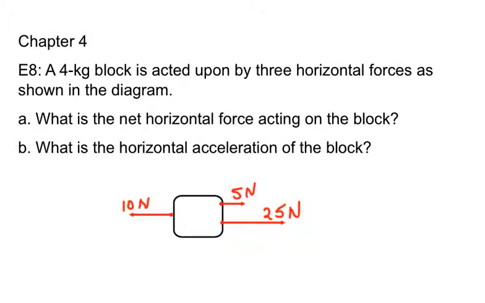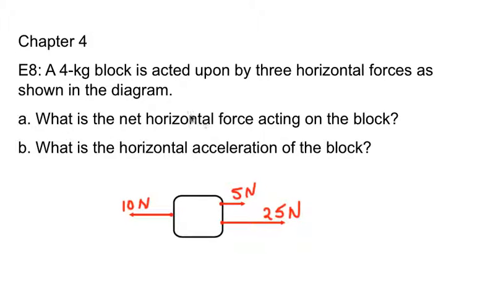Okay, so let's try some more problems on forces and mass and acceleration. We're still in chapter 4. A 4 kilogram block is acted upon by 3 horizontal forces as shown in the diagram. We have 10 newtons going to the left here, we have 5 newtons, and then 25 newtons going to